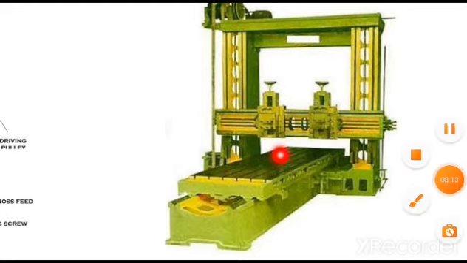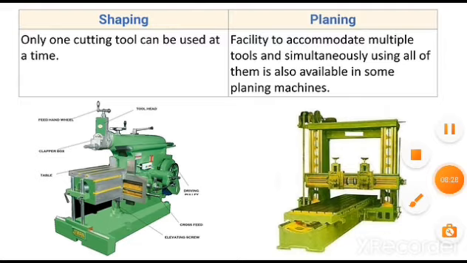This is a table where you can fix the workpiece, and the table will have a reciprocating motion, and the feed motion is given with the help of these cutting tools. Here you can fix two different cutting tools for removing the material from the surface of the workpiece. So this is the difference between shaping